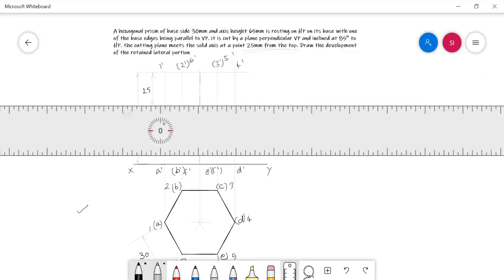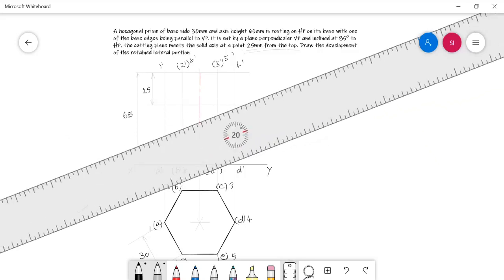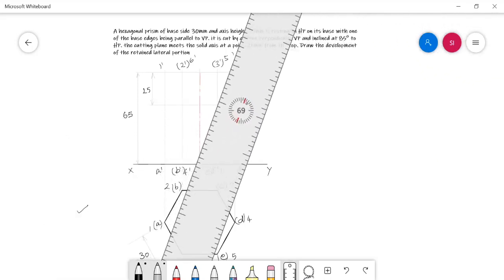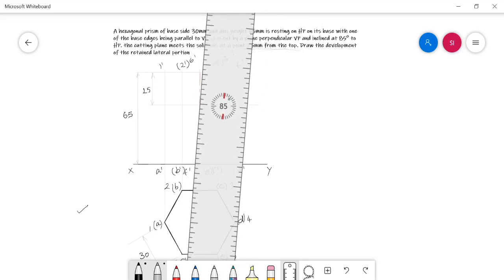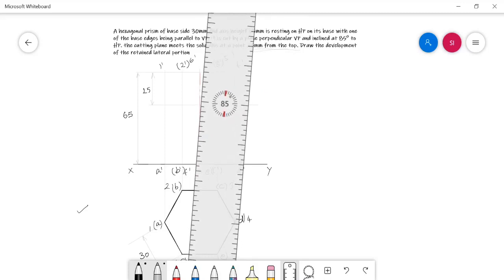The given cutting plane is inclined at 85-degree to HP. This cutting plane cuts the solid in this way.